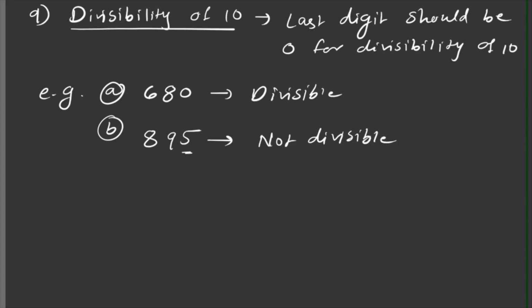Let's see the next rule, divisibility of 11. So when the number is divisible by 11, if the difference between the sum of odd placed digits and the sum of even placed digits is a multiple of 11, then only that number is divisible by 11. So I write here,